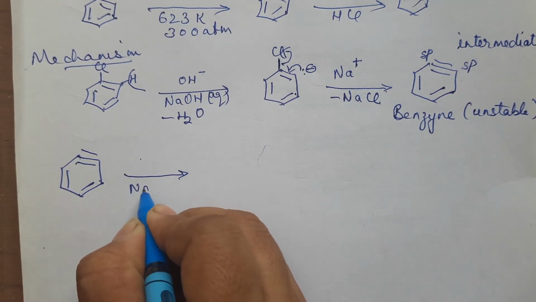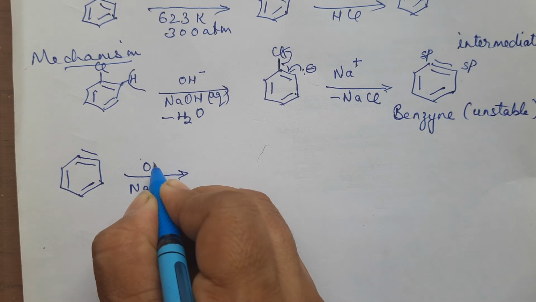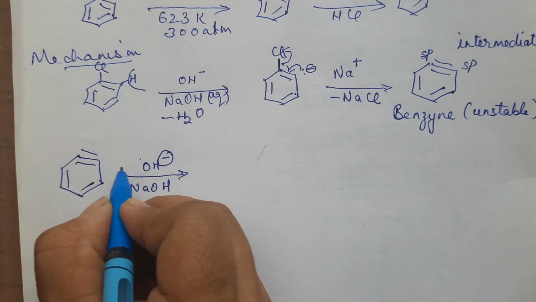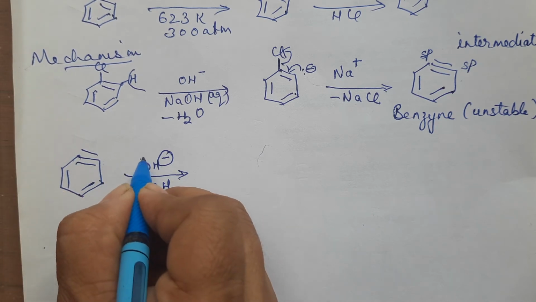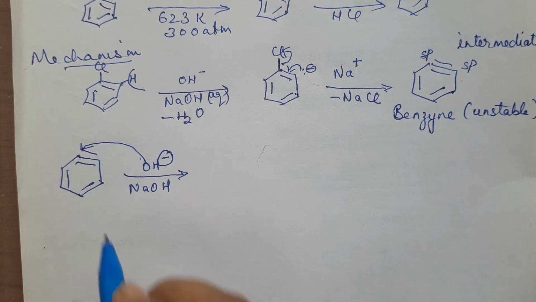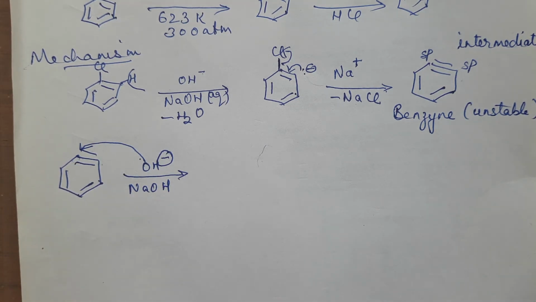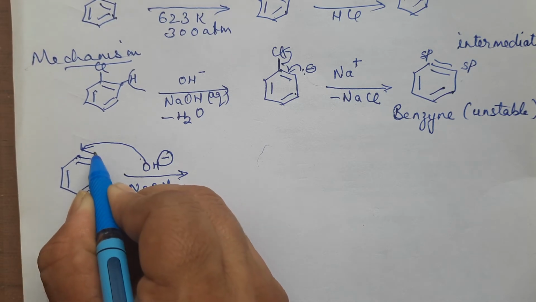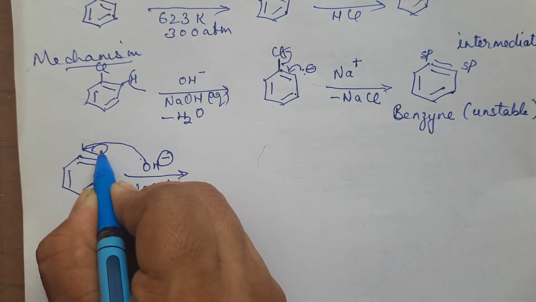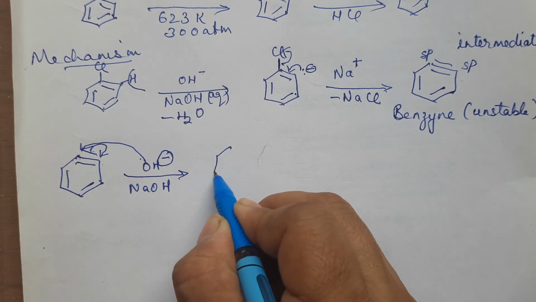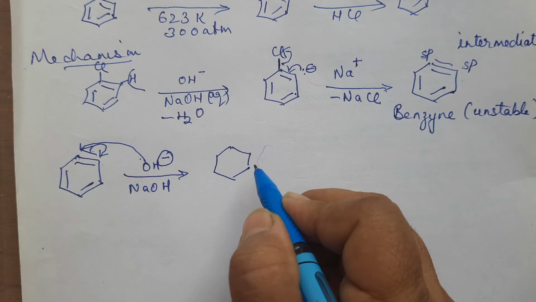So again NaOH, so OH minus of this. Now, why is it attacking? I told you, because it is unstable. It is going to attack this or this carbon atom. So I am going to show it here on this carbon atom. Of course, you might think this carbon's valency is complete. How is it attacking? Because it is unstable, the OH can attack it. So when this goes here, the valency of this particular carbon gets disturbed. So this bond comes in between. It comes here on this particular carbon atom. So what changes I made here, I'm going to show in the next structure.